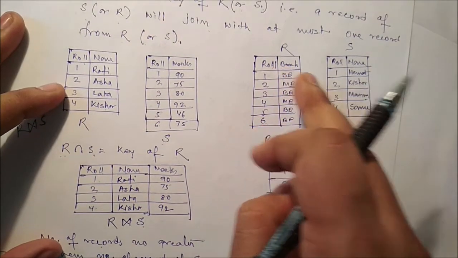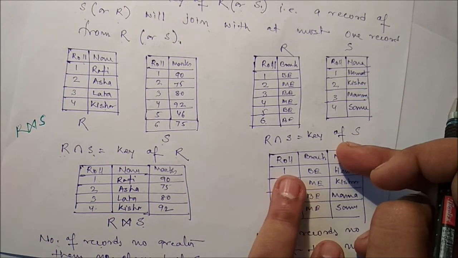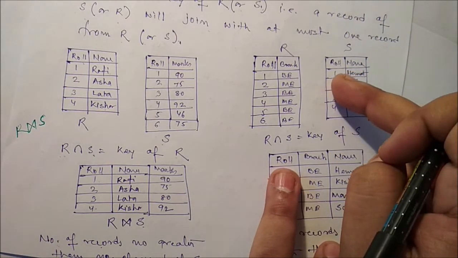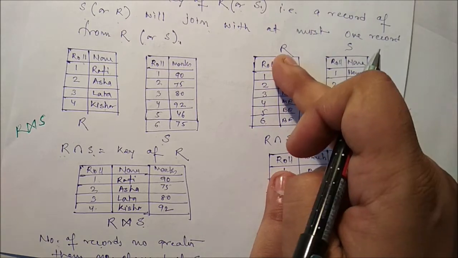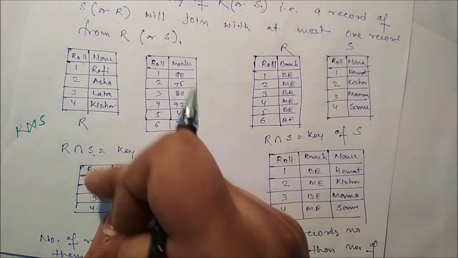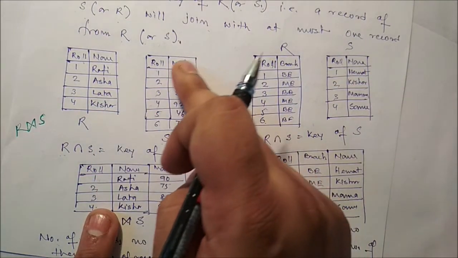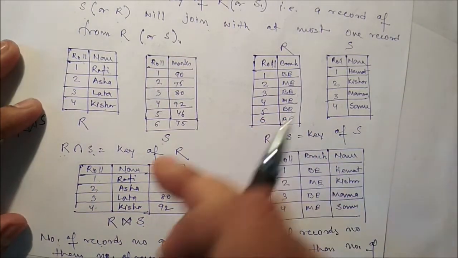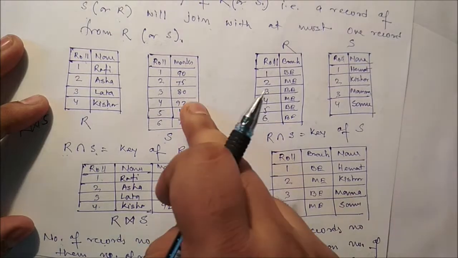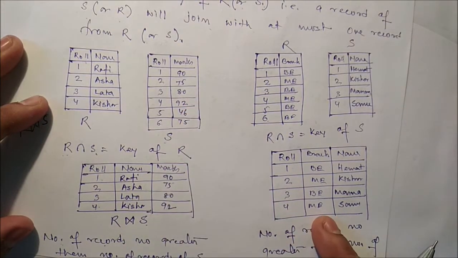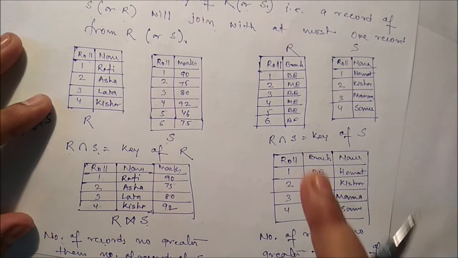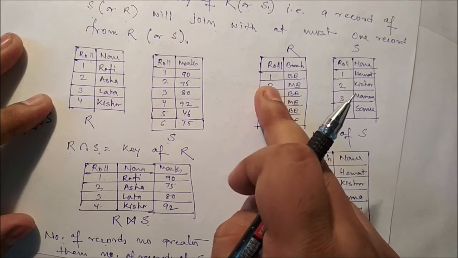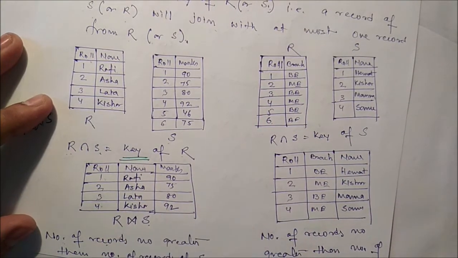The number of records of R means, in the resultant table, we have used the key of this. So the estimate will be the bigger one. In this case, the key values are the same as the R table. So we have to estimate the bigger table, that is S. For this join, the estimated value will be the size of S, and for the other join, the estimated value will be the size of R, and we decide that based on the key.